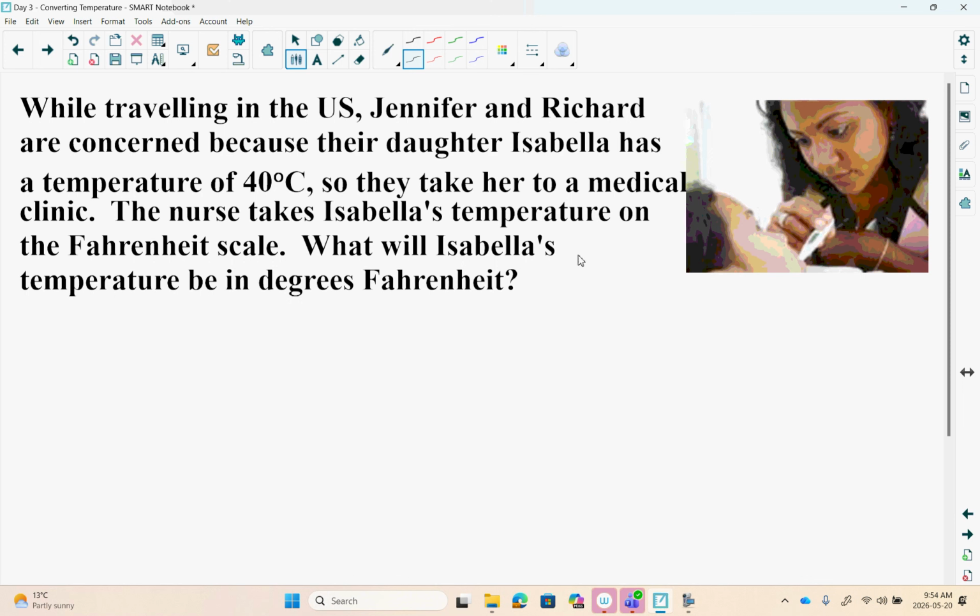While traveling in the U.S., Jennifer and Richard are concerned because their daughter Isabella has a temperature of 40 degrees Celsius. That's high. She's running hot. So they take her to a medical clinic. The nurse takes Isabella's temperature on the Fahrenheit scale. What will Isabella's temperature be in degrees Fahrenheit? So in this case, I'm looking for the temperature in Fahrenheit. So is it the 5/9 times C minus 32, or is it the 9/5? It's 9/5 times C,